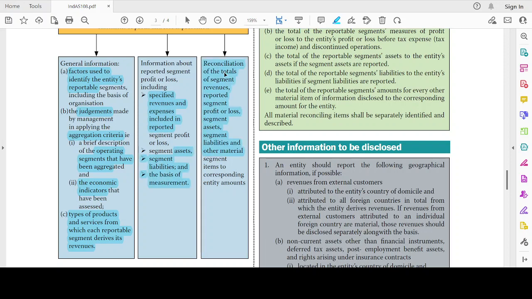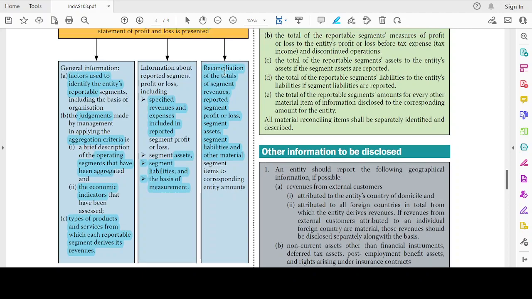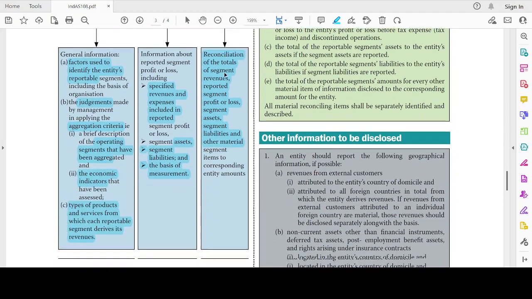The third one would be reconciliation of total segment revenues, reported segment profit or loss, segment assets and segment liability, and other material segment items to corresponding entity amounts. I'm going to show it as a percentage, like so and so percentage of the entity's amount. Okay. Now,